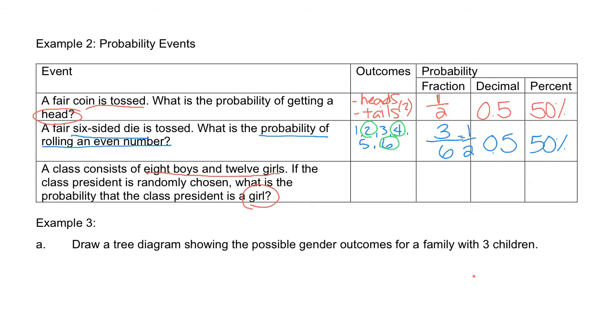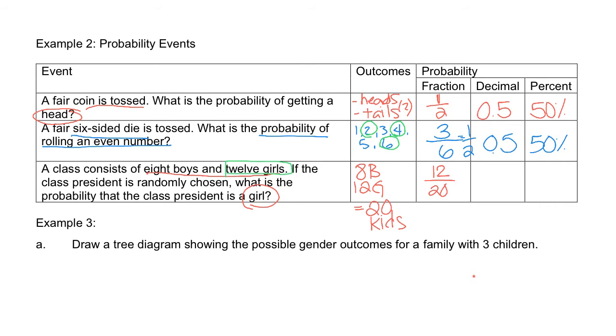Okay, so let's take a look at our totals. So we have 8 boys and we have 12 girls. So we know in total we have 20 kids. Okay, so I have total 20 kids, and when we're talking about the girls, we only have 12 girls. So if I want to know the probability of choosing the 12 girls, that would give me 12 options out